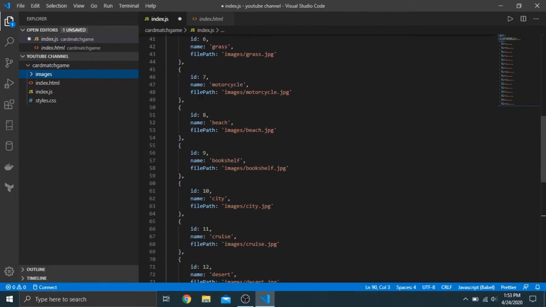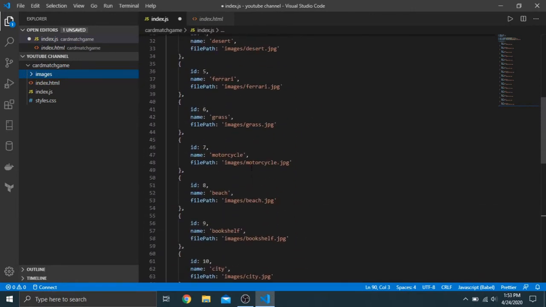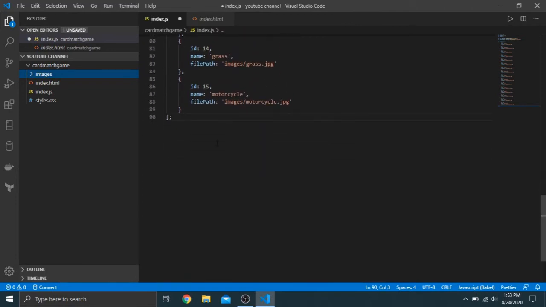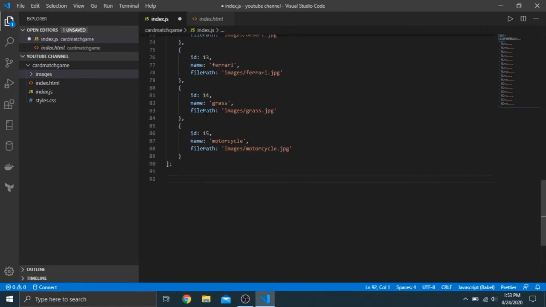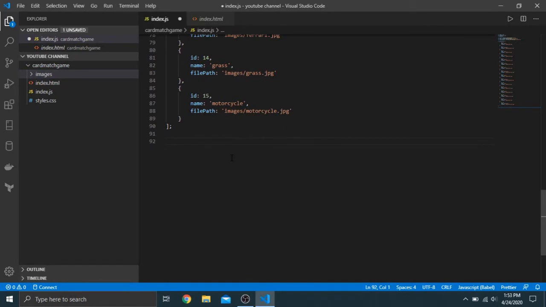Okay, now this file path is unique, so the reason why I duplicated it twice, as you can see, is because in order to match it, the file path has to be matched in order for it to be the right picture. And so once you have something like that, like I said, I highly recommend you go to the GitHub repo, and you should be able to open up this particular file, copy it and paste it in. So hopefully once you have that,